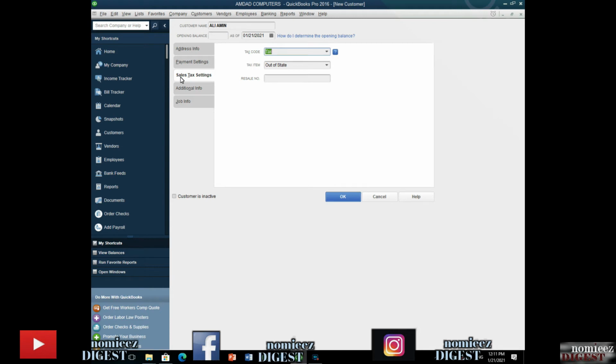It's sales tax settings. In this tab we will provide the information about tax, that whether we are charging our customer a tax or not. For example, it is a non-taxable sale. For example, we are selling our product or services to any non-governmental organization or any welfare trust which are not giving tax to government, so it will be a non-taxable sale. And if it is to a taxable organization, then you can select taxable sales. And here you can select any tax item.